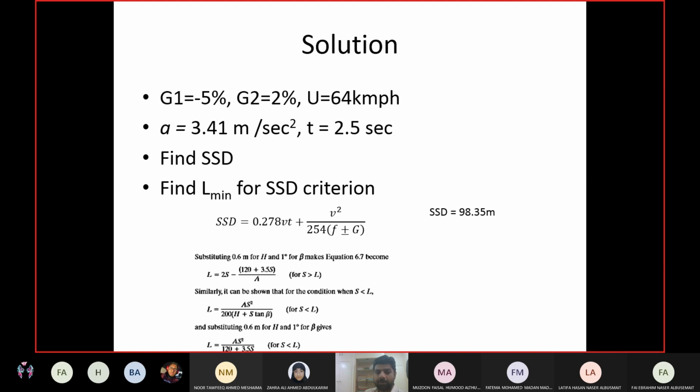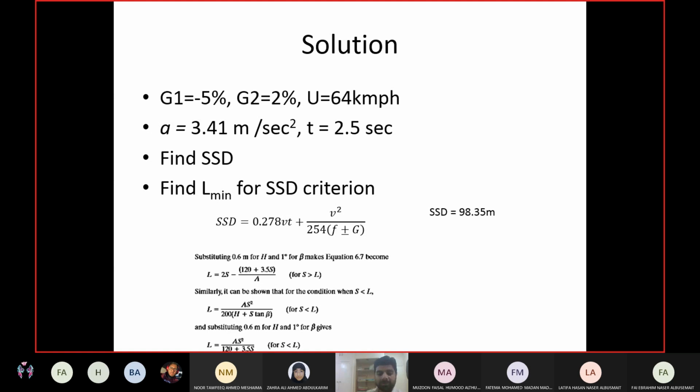I already told you in this example how you can check it. Calculate L and you can compare S and L and see if it is satisfying the scenario or not. Now, if it is a crest curve, then the scenario is no problem. They have only one scenario. So if S is already less than L, then you take the value of K and calculate L using the K and your work is done. You don't have any other thing to worry about.